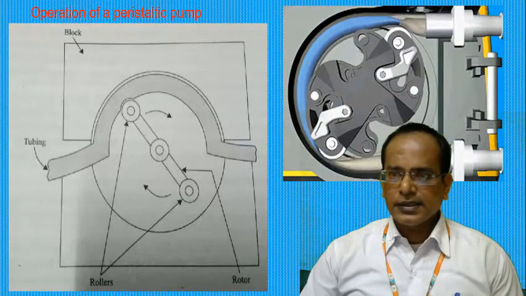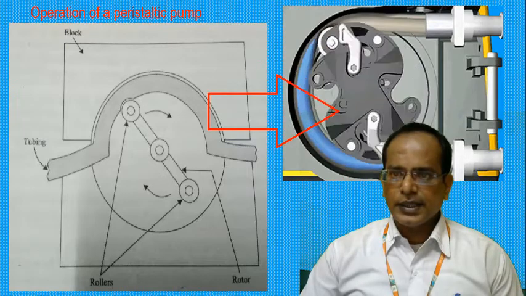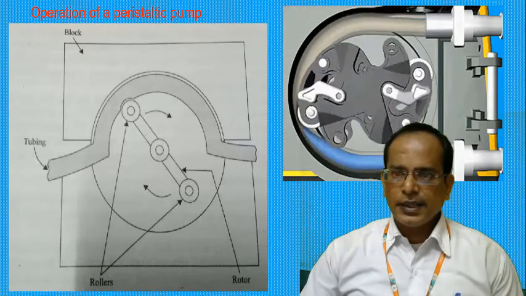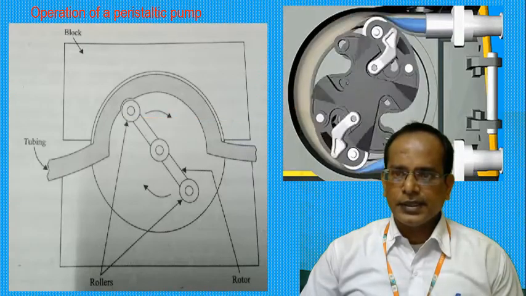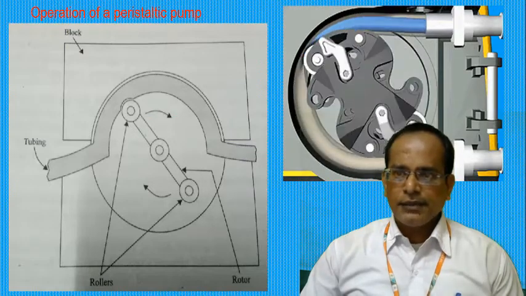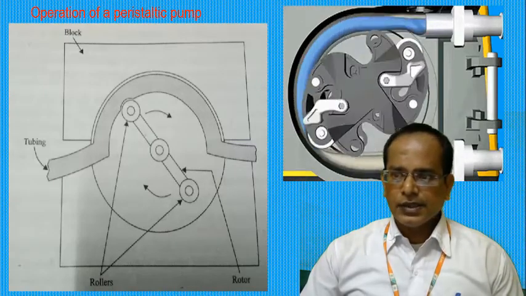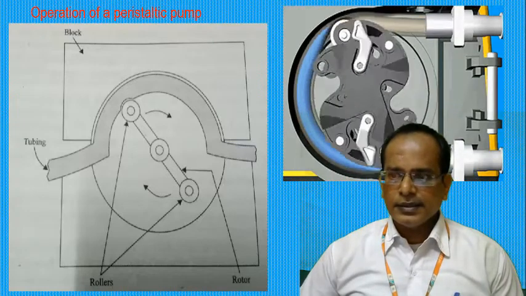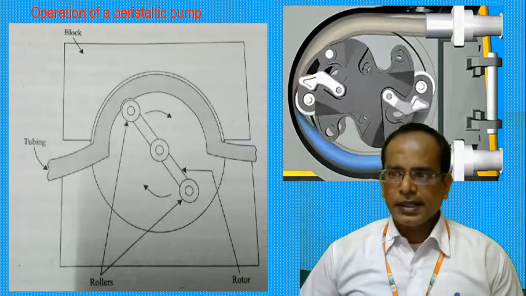So you see here what is happening. The peristaltic pump is rotating. When it rotates in an angular manner, the blood moves from the artery to the filter. At the same time, after purification, the pump injects the filtered, cleaned blood into the vein. This is the simple mechanism you are seeing here, and this diagram shows the operation of the peristaltic pump.